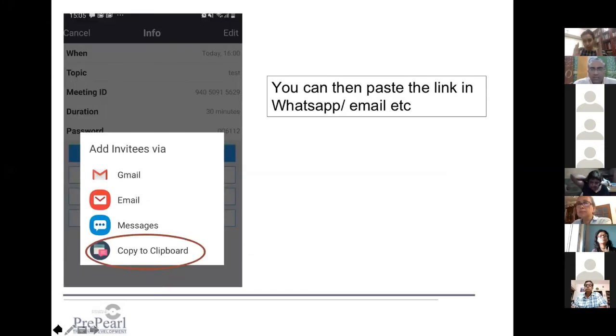the phone. Okay. So on the phone, all you need to do is go to schedule. When you click on schedule, it will ask you for the name of the meeting, how long you want it for, etc. Then you say invite attendees. When you click on invite attendees, this is the option that you will get. So how do you want to add these invitees? I've just said copy to clipboard. That means all the meeting details have gotten copied. And now I can paste it on WhatsApp or in SMS, or however I want to